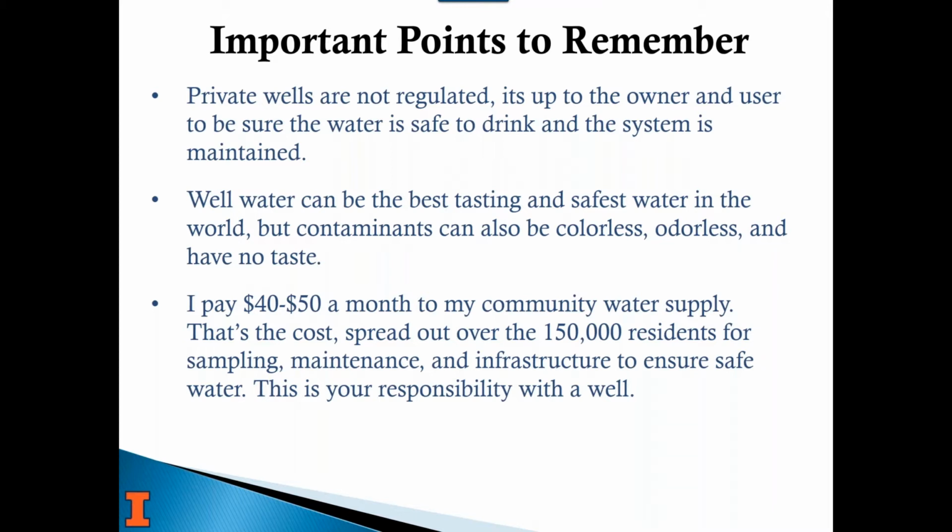And if you're a well owner, you're the operator of a very small water system. And so one of the things I mentioned to some folks is you should put a little money away. Your pump's going to fail eventually, or you're going to have a problem, or you may test and find you need to treat for something, and having a little bit put away, paying yourself a water bill, is one way to have those funds available when that happens. The pumps and wells are mechanical devices, if you will, and they don't last forever.